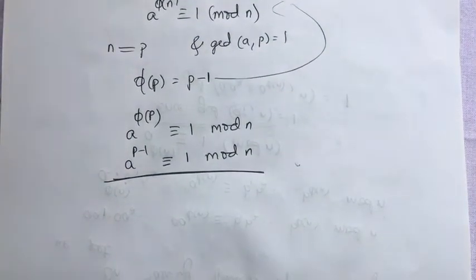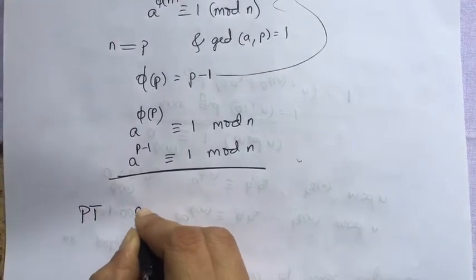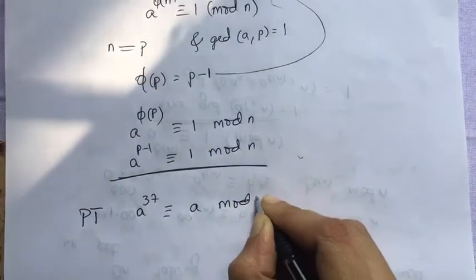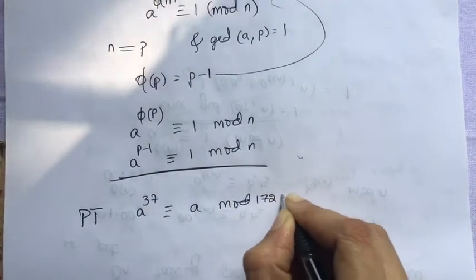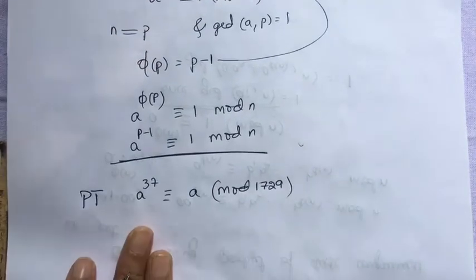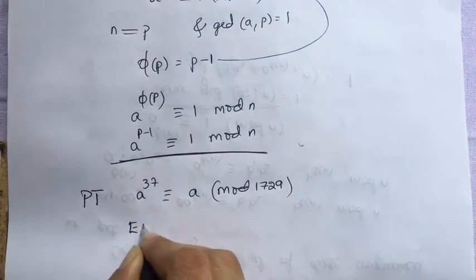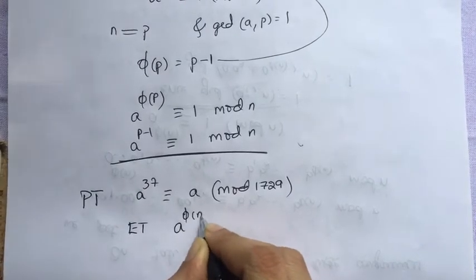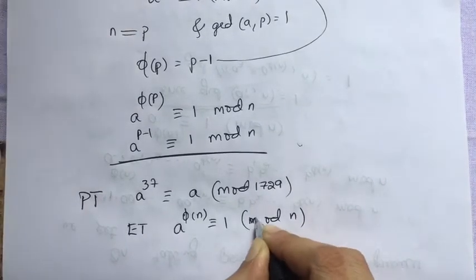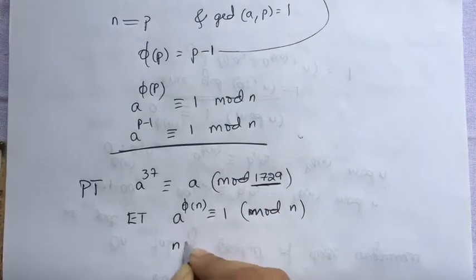Use Euler's theorem to prove a power 37 is congruent to a mod 1729 for any integer a. So we'll do this. We know from Euler's theorem a power phi of n is congruent to 1 mod n, and now this n value is